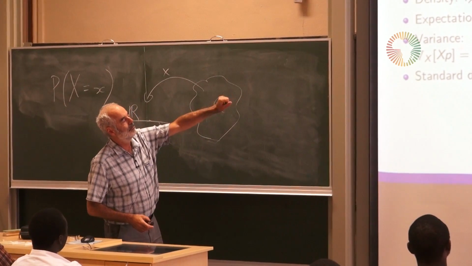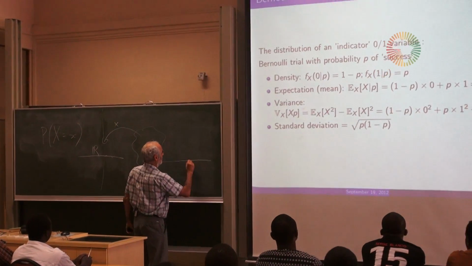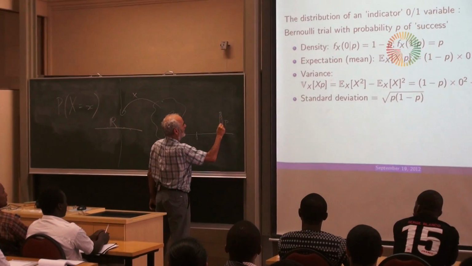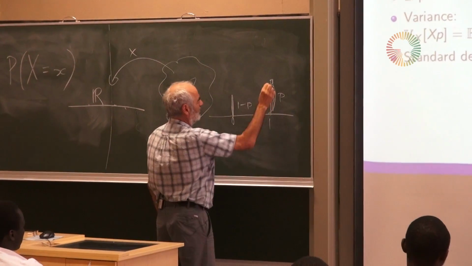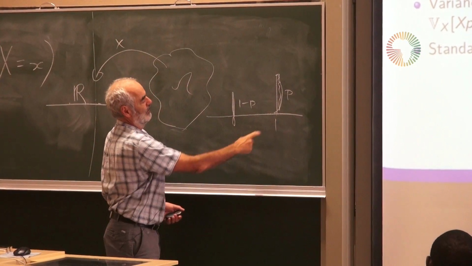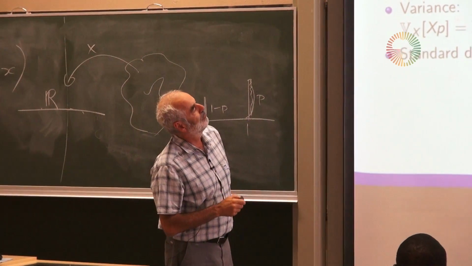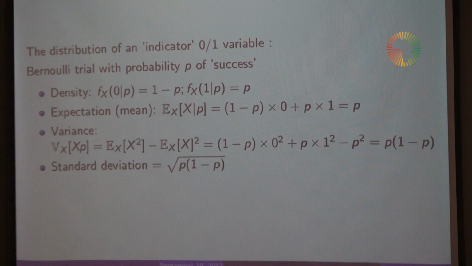Okay, so now we mentioned some distributions. The simplest distribution is just an event, 0 or 1. It might happen with probability p, or not happen with probability 1 minus p. And we traditionally give it value 1 if it happens and 0 if it doesn't happen. So that's the simplest distribution there is, really. Bernoulli trial. It's got mean p, variance p times 1 minus p, and we'll be using that a lot.